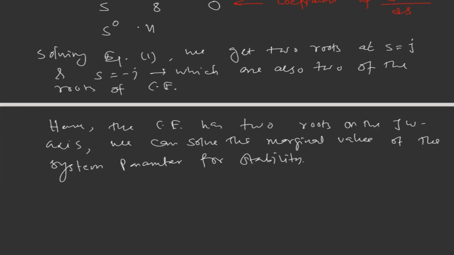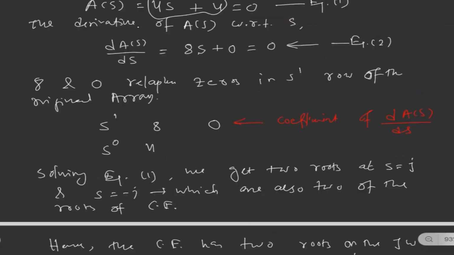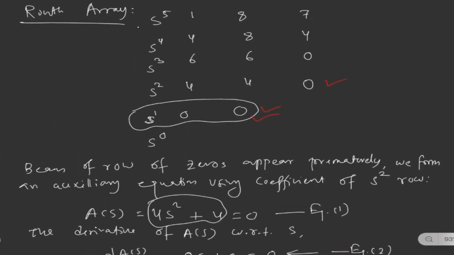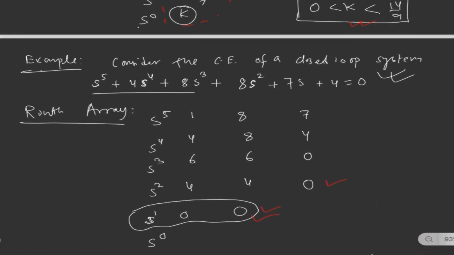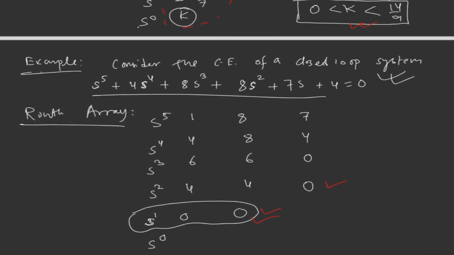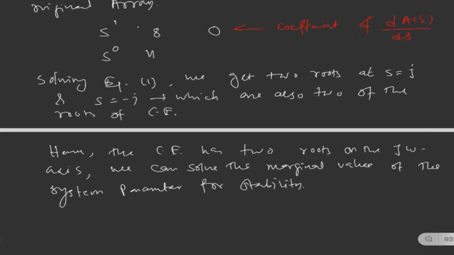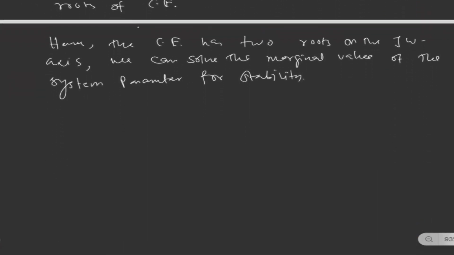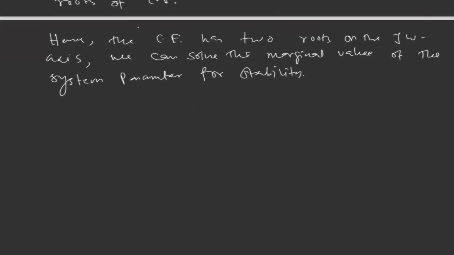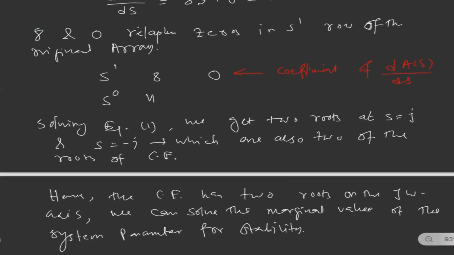So if there is some unknown coefficient in the system, we can come up with the condition on that unknown coefficient under which the system will be marginally stable, fully stable, or unstable. So this is the way we can also find the gain of the system, because in the previous